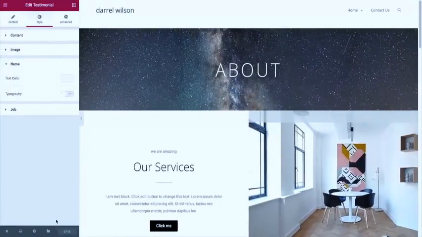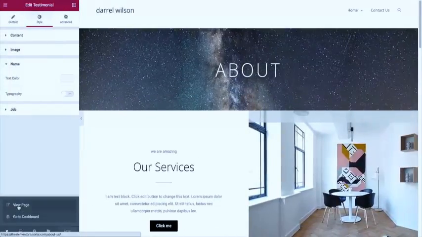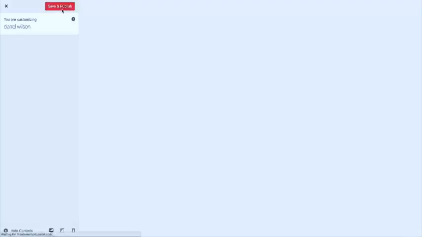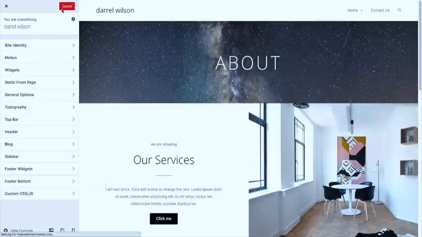So go ahead and save this stuff, and let's go ahead and go to our, we can actually view the page. And then right here we can go to customize. So we need to change these options in the theme customizer. All right, so it's loading my theme customizer, and there we go. So right now I'm going to show you guys how to make this transparent, and I'm actually going to go through all these right here and explain what these are just so you understand. You don't have to follow me here, but you guys can just kind of watch and understand and get the general